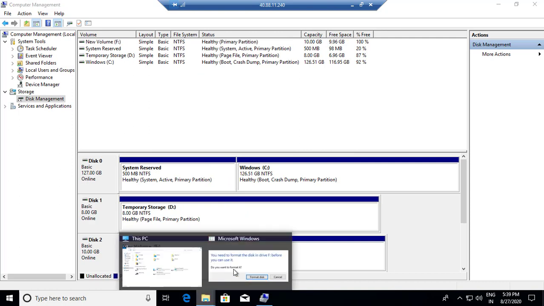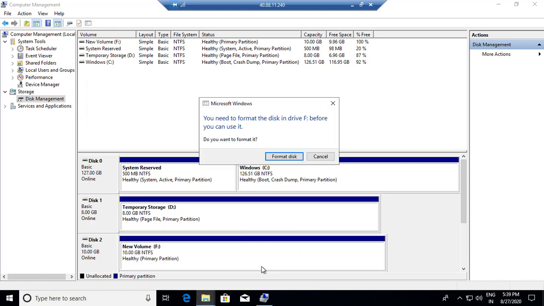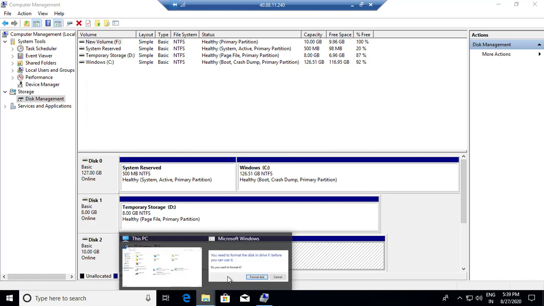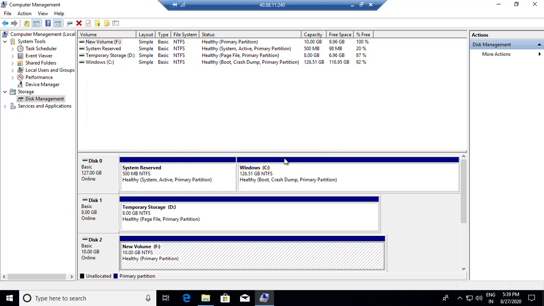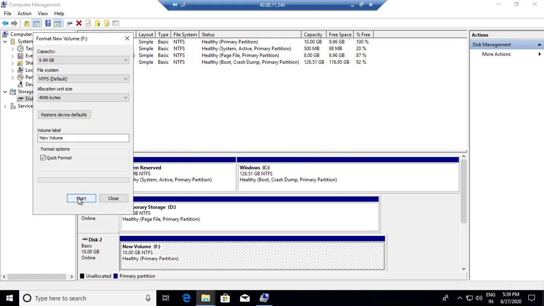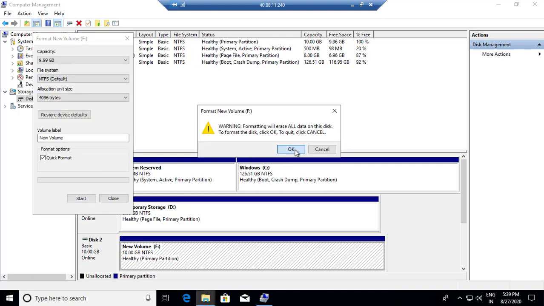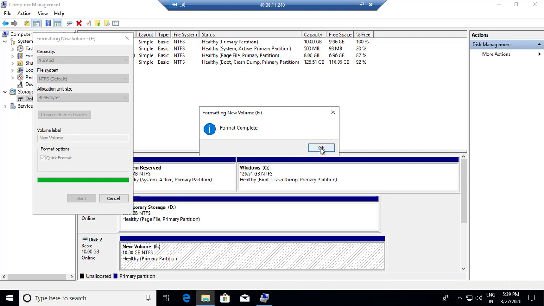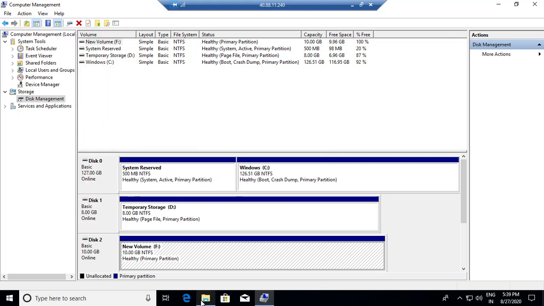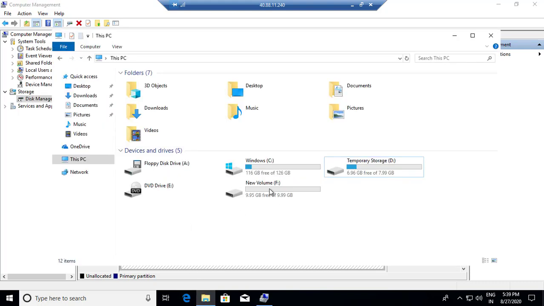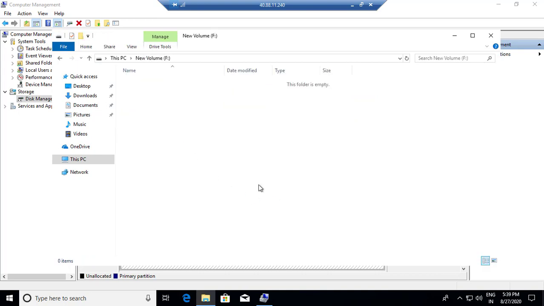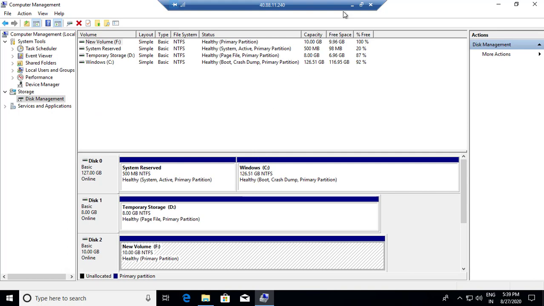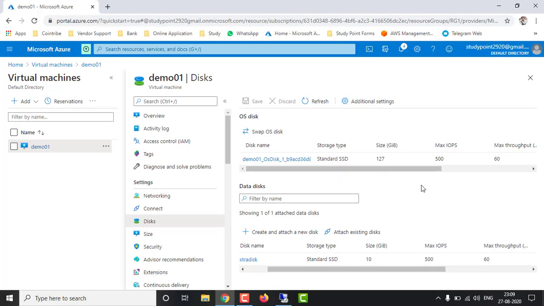So you can use it for any backup purpose or any other purpose, whatever you want. You can keep data in this disk. If you want to add more than 10 GB, you can, that depends on you. You just have to add the size there, and that will automatically add it in your PC. So like that you can see F drive is here, 10 GB, and if you want to detach it, remove it again, you can remove it from here also.